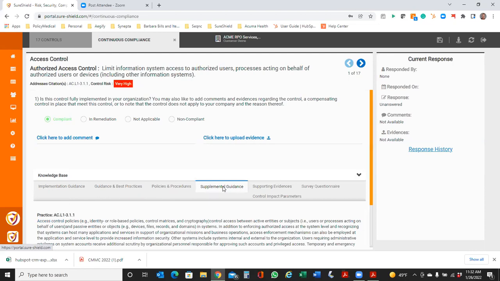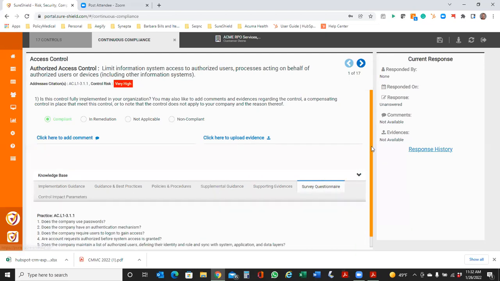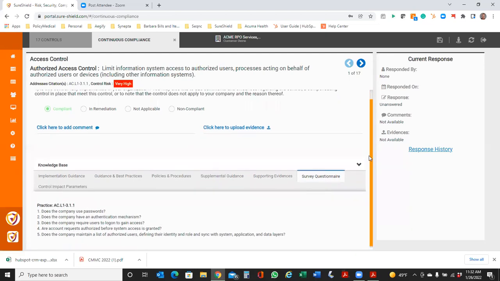We provide supplemental guidance, supporting evidences, and even questions that you can be asking or going through to help you in this process to make sure that you are meeting the requirements. So we really are trying to give you a lot of strong supporting information to help you with your process